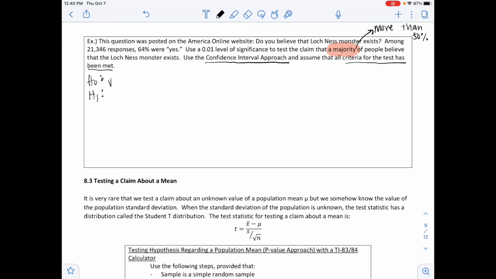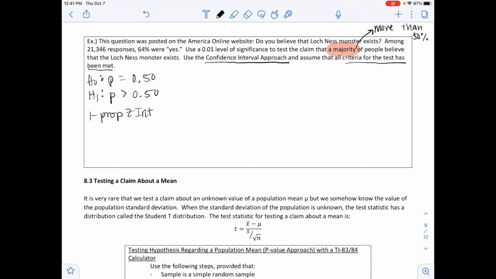So proportions for H0 and H1, an equal sign for our null, and it's equal to 0.50. And it says that we use the 0.01 level of significance to test the claim that a majority, so more than 50%, so greater than 50% or 0.50, believe in the Loch Ness Monster. And so we need to go to 1-PropZInt, but before we do that,